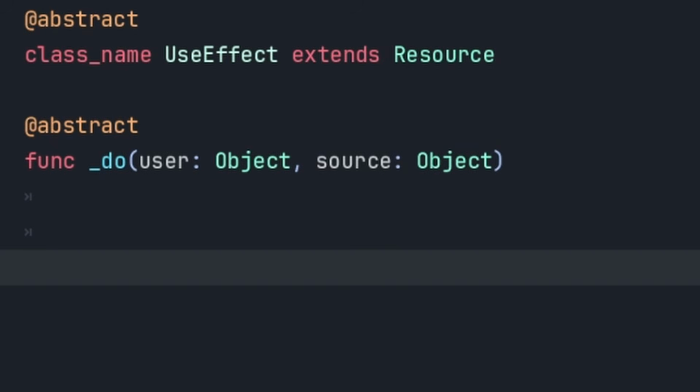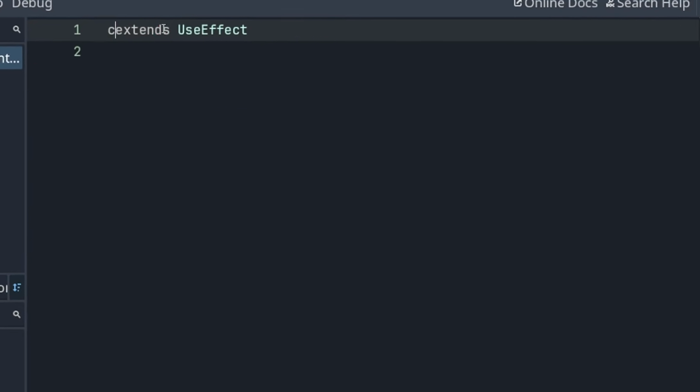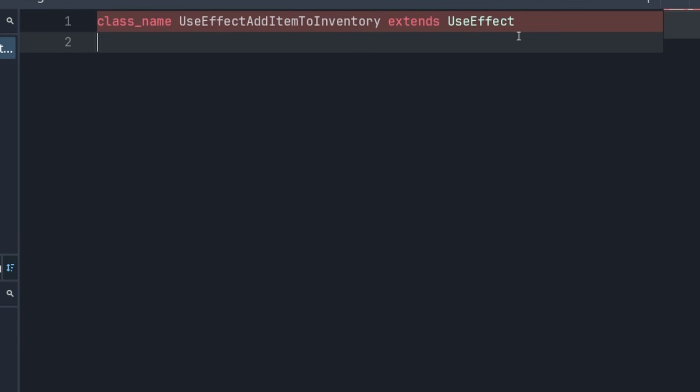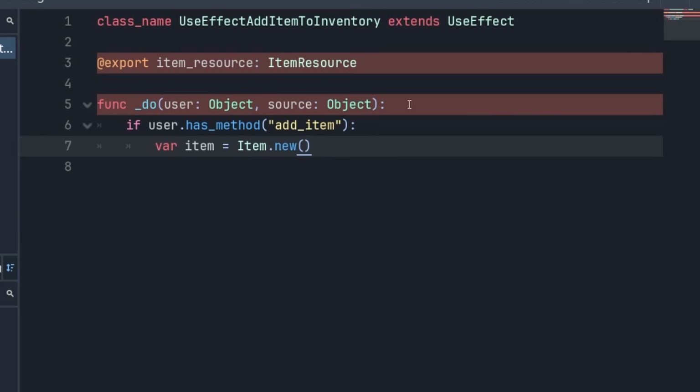Let's make a bunch. For something simple, what if we want to trigger giving an item to your user based on reaching a dialogue node? So let's make a new script that extends useEffect. Since useEffect is a resource, the script will be a resource too, and we'll call it useEffect add item to inventory. We'll give it one export variable for the item resource,